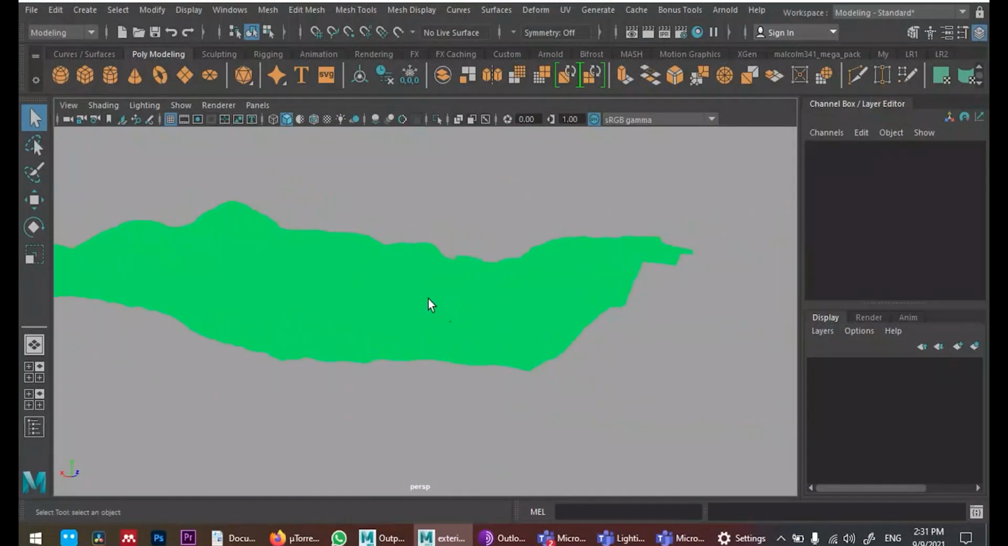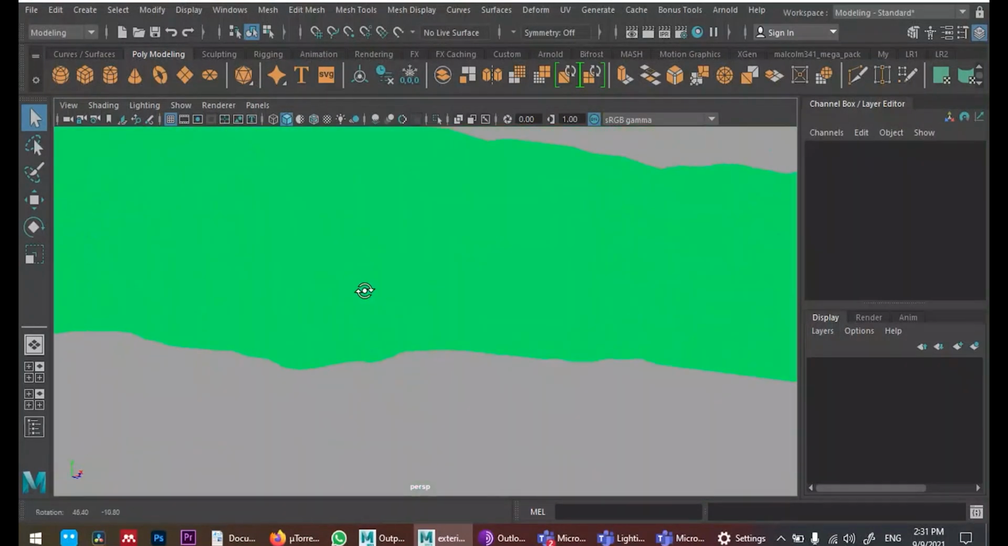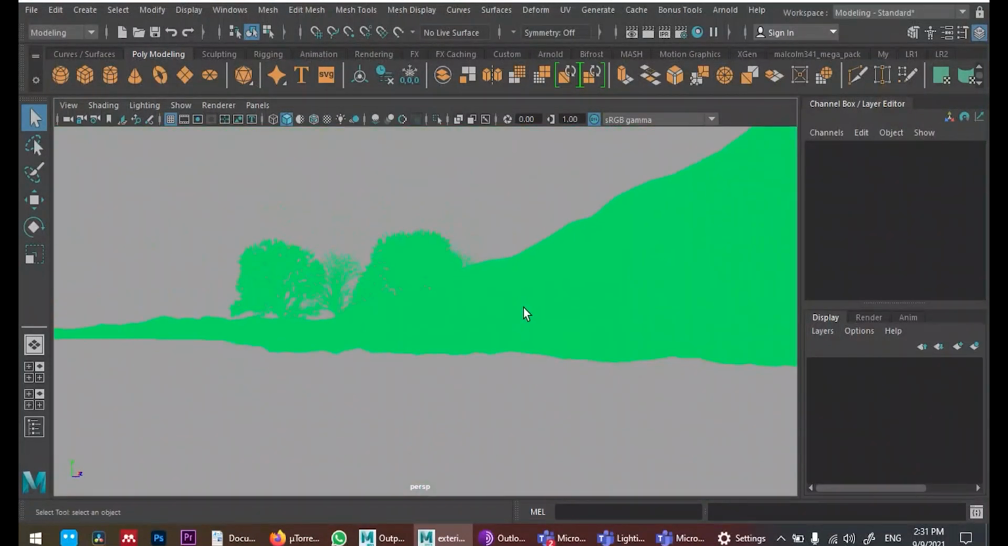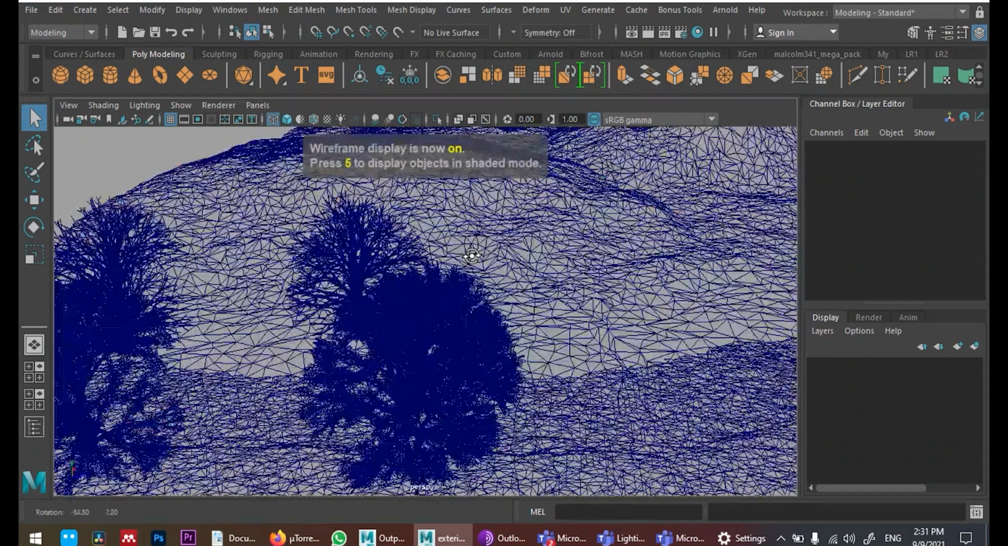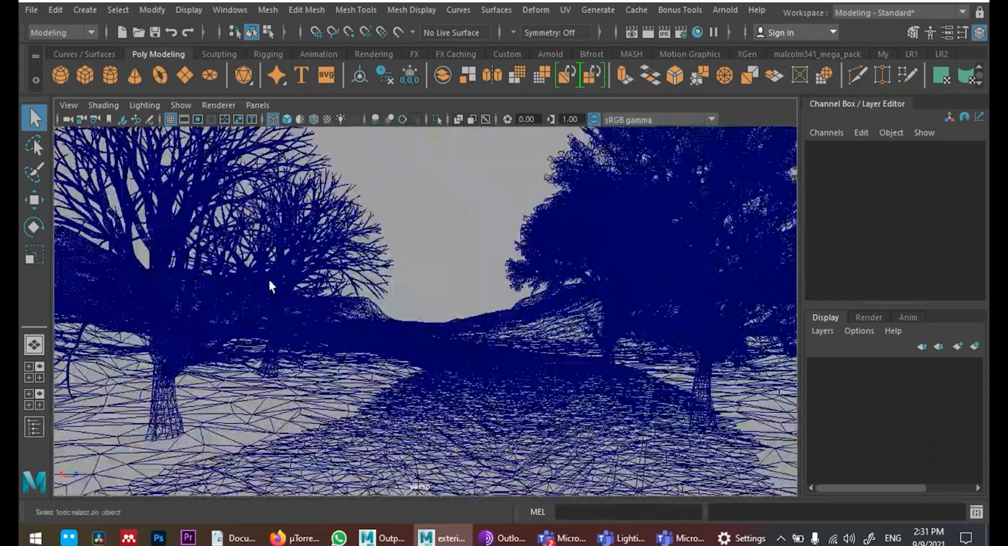There are a few trees also here. So if you just go around, you could see that. If you can't identify where they are, just press 4 on your keyboard. The 4 is wireframe mode. So in the wireframe mode, you could see we have trees. We have trees here, and